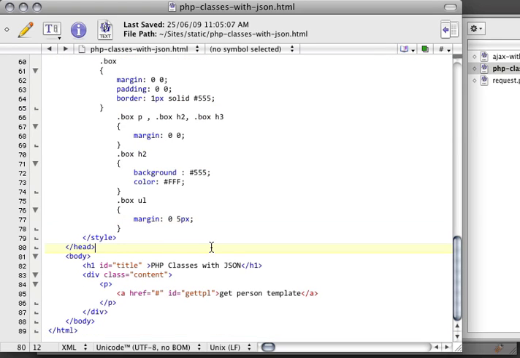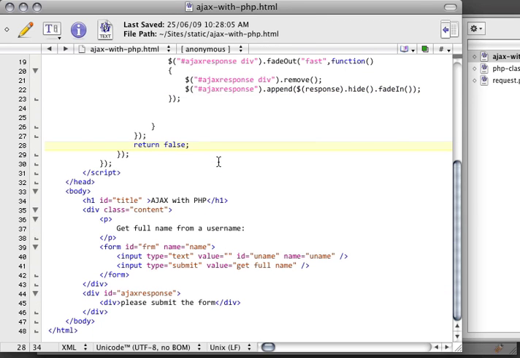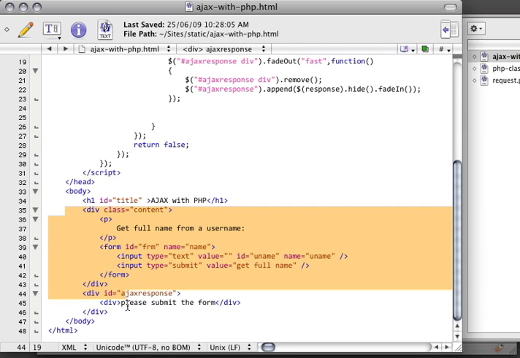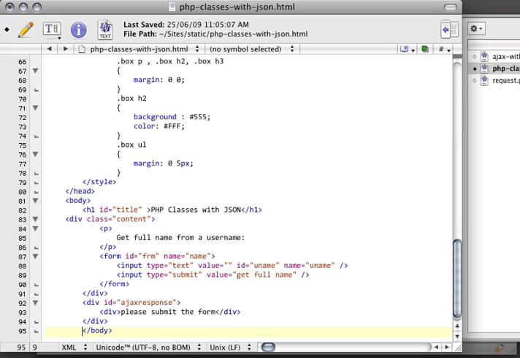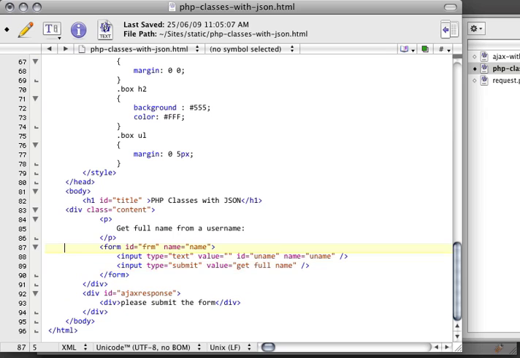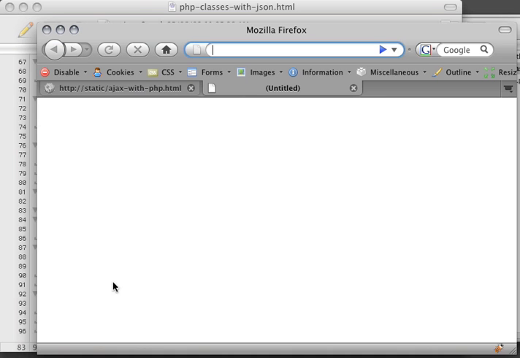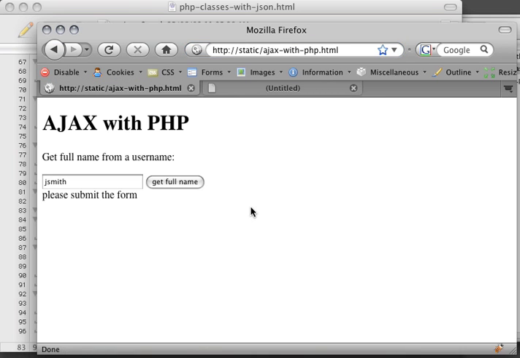Okay. Now, instead of there being this get person template, I'm going to revert back to what we did with the Ajax with PHP example, where we had this form that we were submitting. So I'm going to copy what I did with that div and the Ajax response, basically just grabbing the form stuff, and I'm going to bring it back into here. Let me just clean this up a bit. Save that. And if I go back here and I refresh this, we've got Ajax with PHP, get the full name,